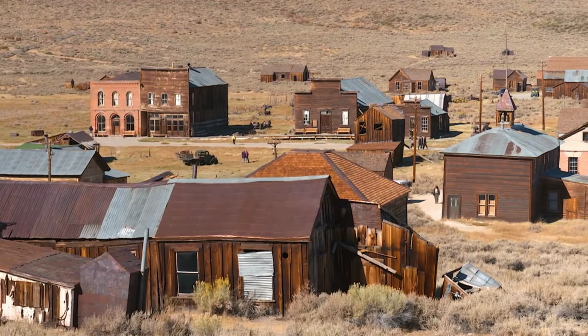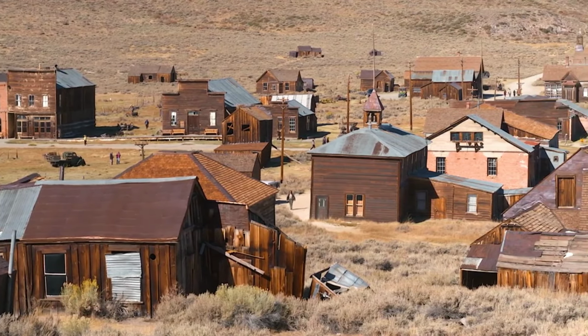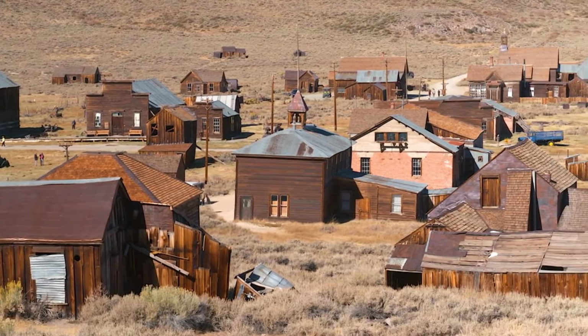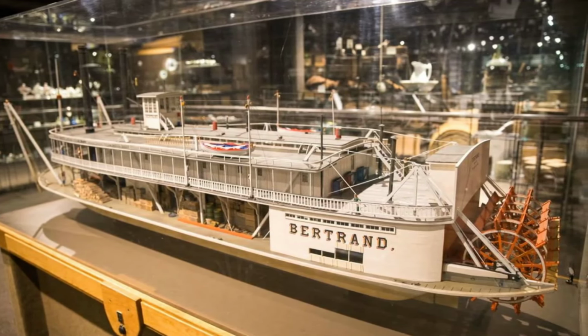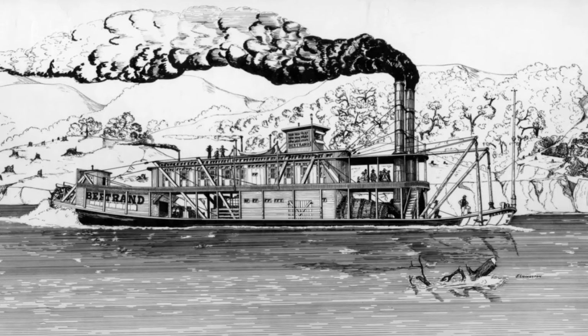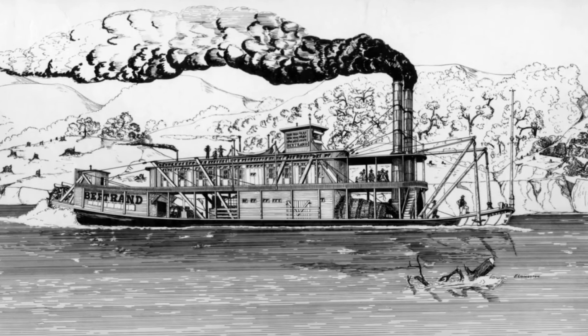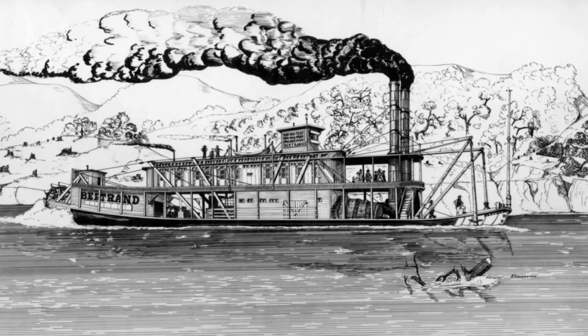The Bertrand was launched in 1864, during a period when riverboats played a crucial role in expanding the American frontier. Built in Wheeling, West Virginia, the Bertrand was a relatively new steamboat, custom-made for the tumultuous Missouri River. As part of the Montana and Idaho transportation line, its purpose was clear: to transport supplies, passengers, and cargo to